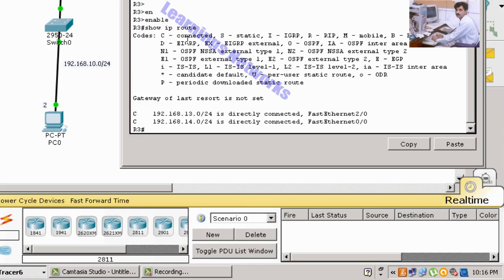So the task is that R1 and R3 will ping each other.